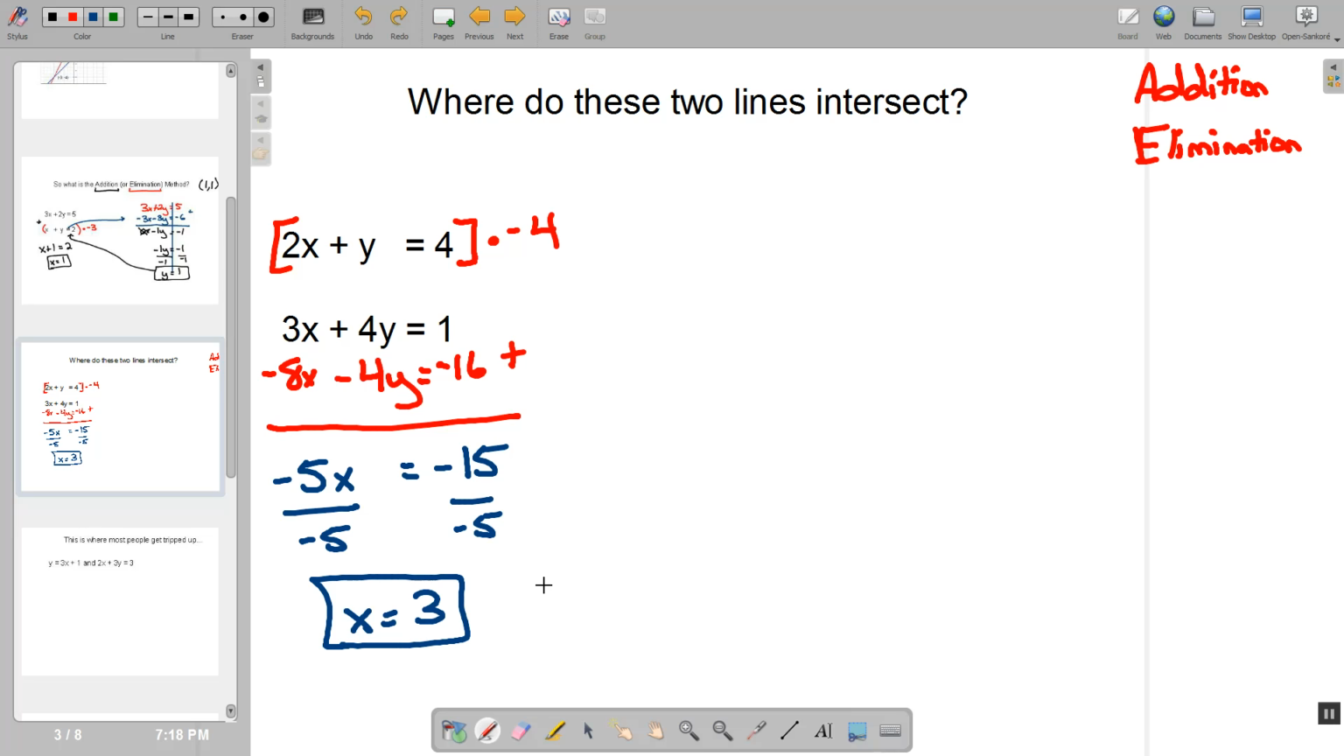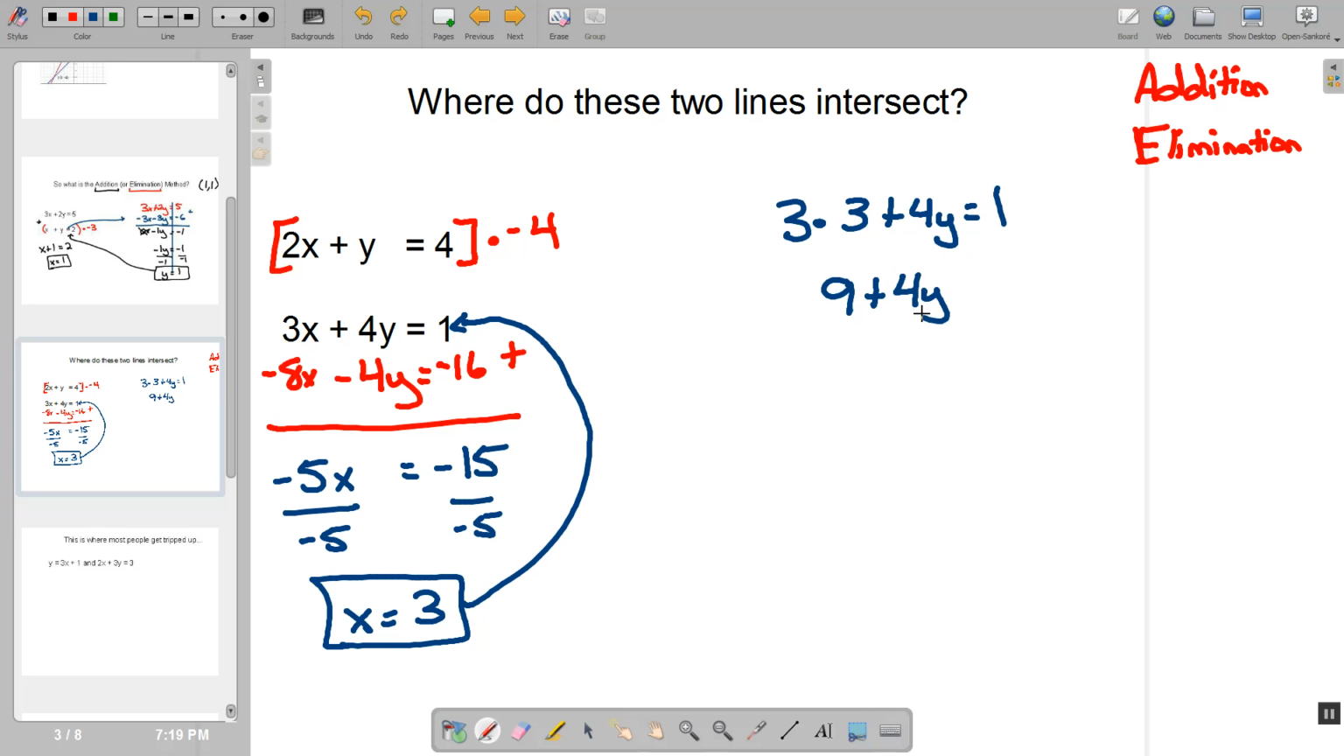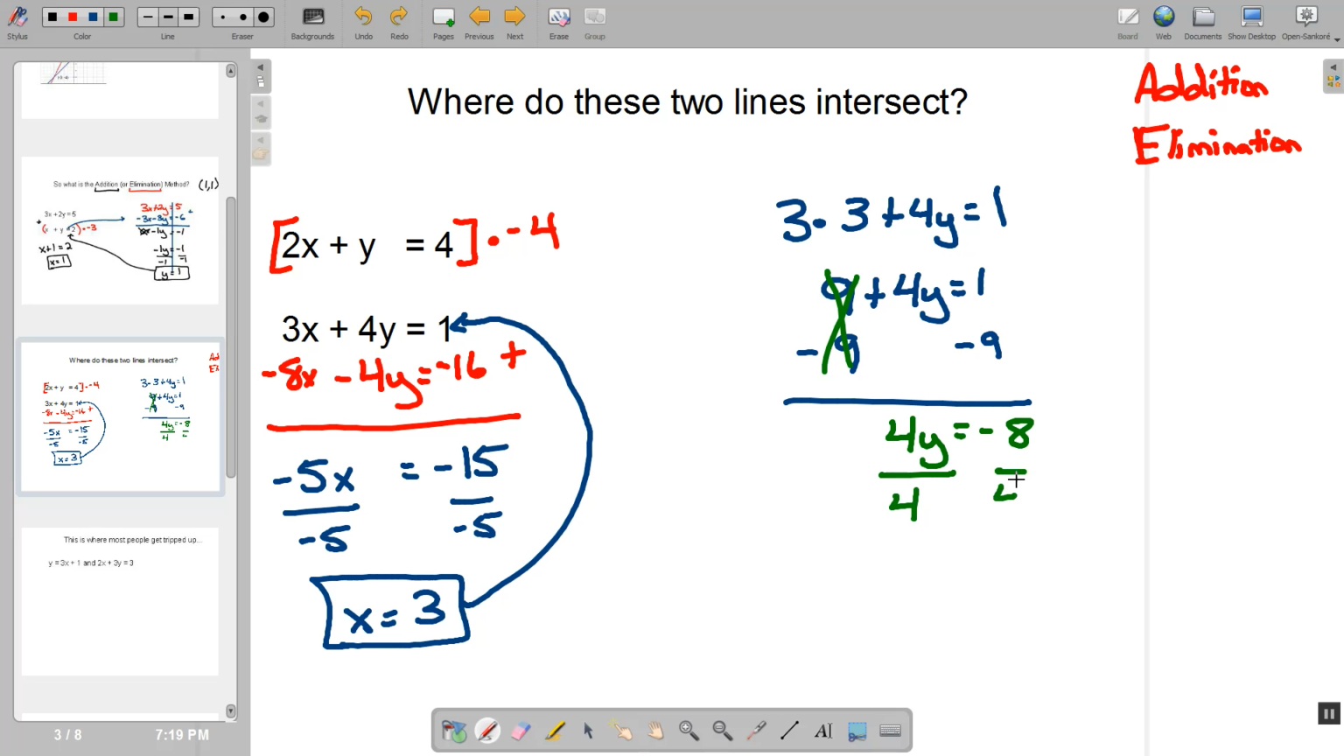Now, to find the value of y, all I have to do is pick one of the equations that I've worked with, any point in the problem, and plug x in. So I'm going to go to this one, but you could go to any of them. Well, I know that 3 times x, well, x is 3, plus 4y has to equal 1. 3 times 3 is 9. 9 plus 4y equals 1. I'm going to subtract 9 from both sides. So I get 4y equals negative 8. And then I divide both sides by 4 to get y equals negative 2. So the question asks, where do these two lines intersect? We know that they intersect at the point (3, negative